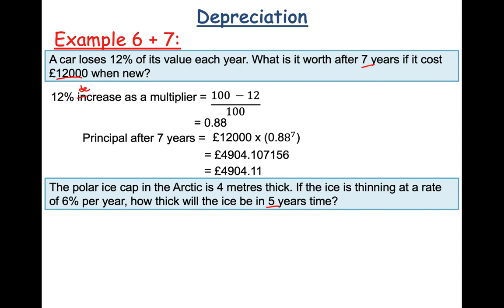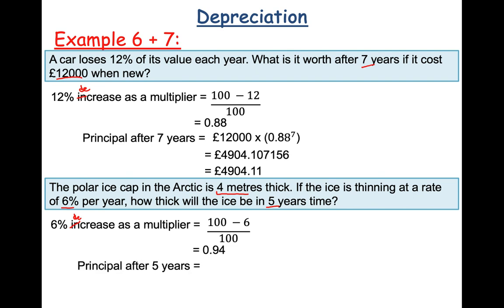So that's your time, that's your principal amount, 4 meters, and that is your percentage that's going to be depreciating by. So again, I believe that's supposed to say decrease. So 6% decrease as a multiplier. You subtract it from 100, divide it by 100, you end up with